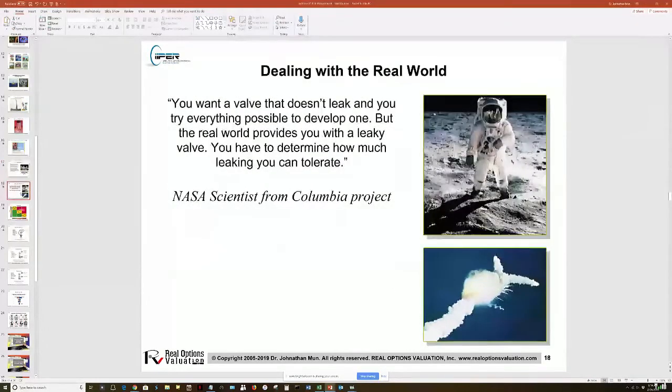But if you bring that up 100 years later, we're talking about NASA, for example, again, smartest people in the world. And they say, you can't really have a 100% risk-free environment in a lot of cases. So you can't really guarantee a valve that does not leak 100% of the time. So anything's possible, but what you can do is determine the probability of that actually happening. What are the chances of disaster actually looming? And if that disaster actually occurs, what can you do about it? And that's the whole point.